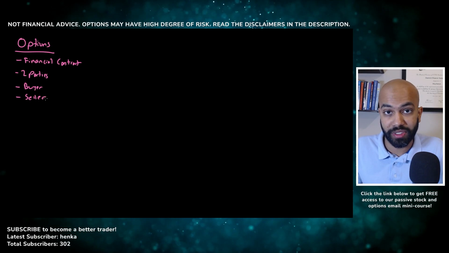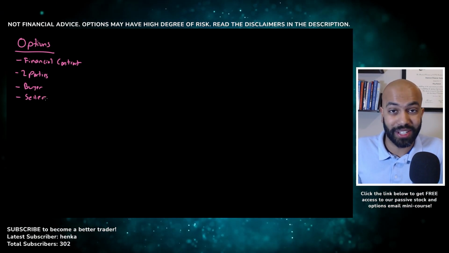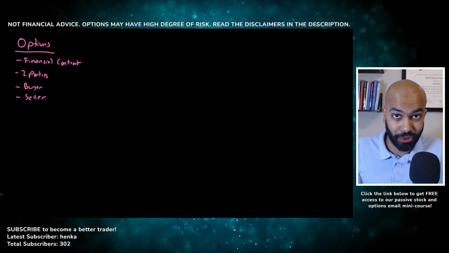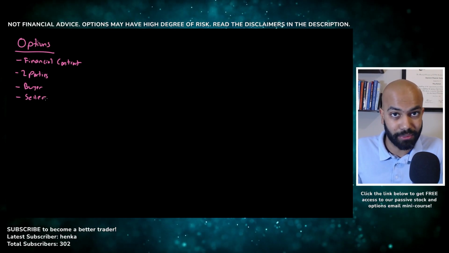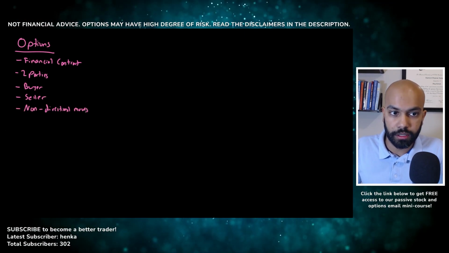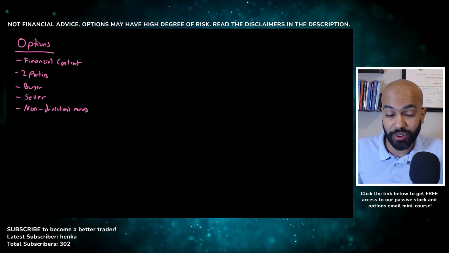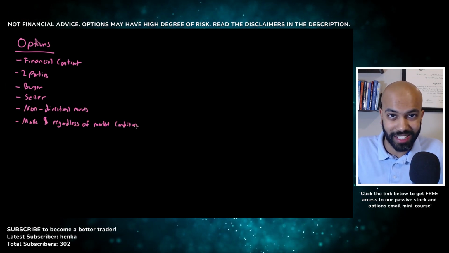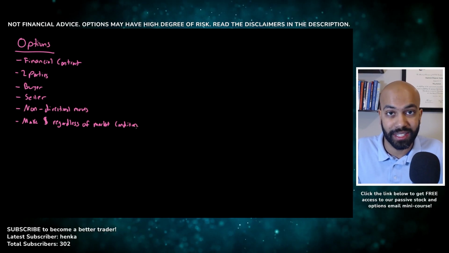For example, if you think the market wants to go up, you could buy some options. You could also sell options based on your opinion on the market. Similarly, if you think the market's going to go down, you could also buy an option or you could sell an option based on your opinion on the market. And here's something that's really interesting with options that most other asset classes don't have, is that you can actually bet on non-directional moves. So for example, if you think the market's going to stay flat or it's going to stay within a range, there's actually strategies for you to profit without any movement. And this is why options are so powerful, because they have so much versatility and you can do pretty much anything based on your opinions on the market.